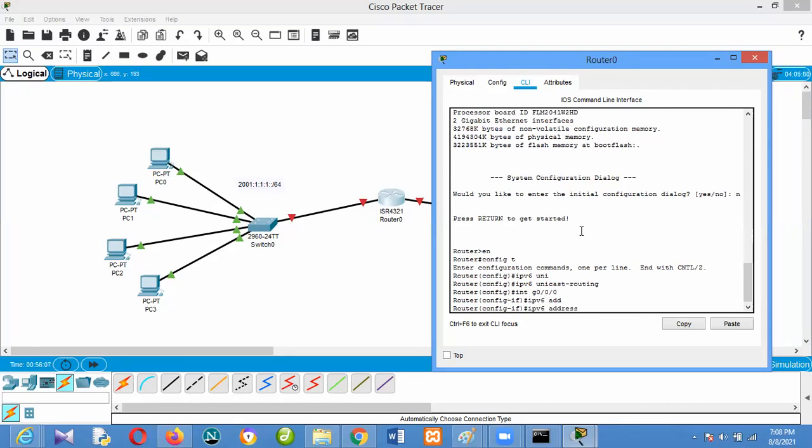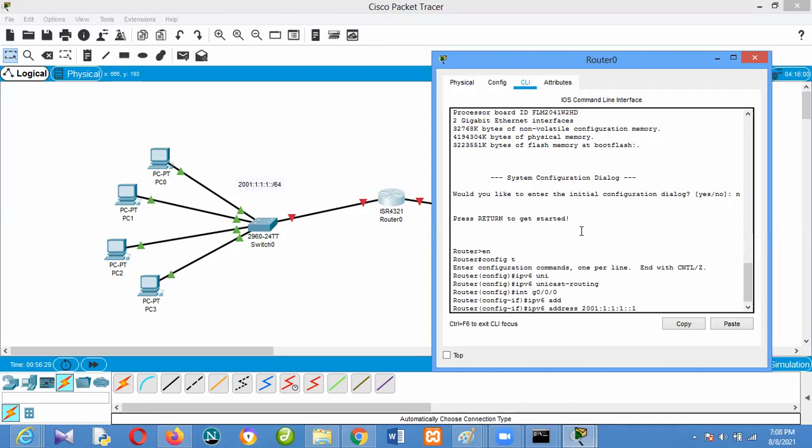address. I'm giving it 2001:1:1:1::1. I'm using that, my first valid IP address, so that's why I now use it as 1.